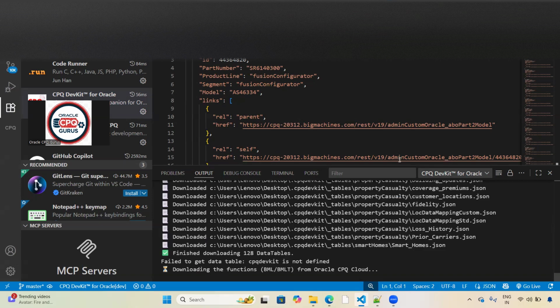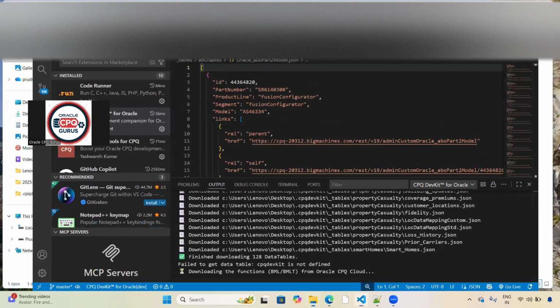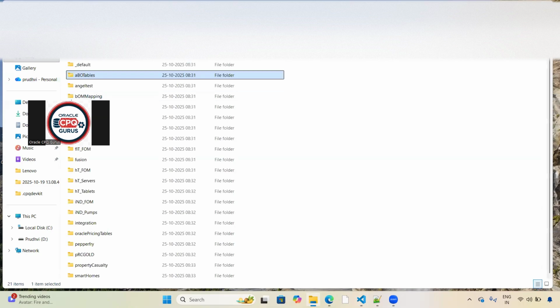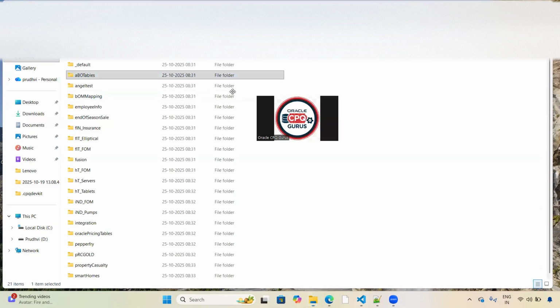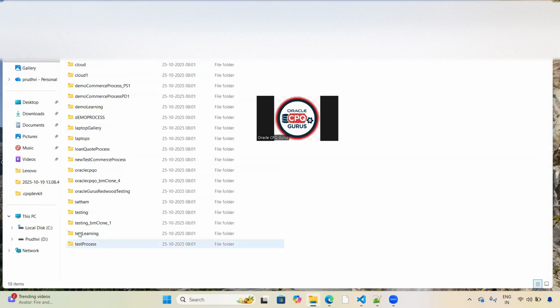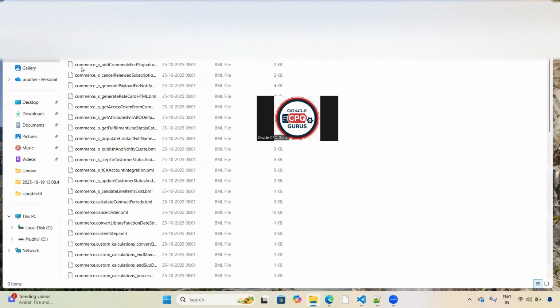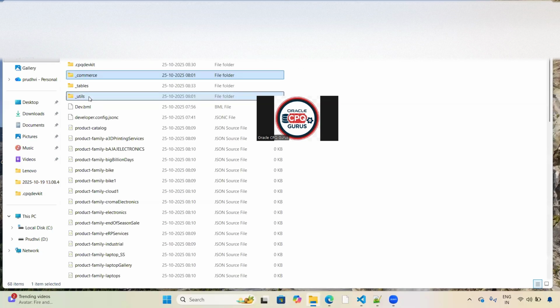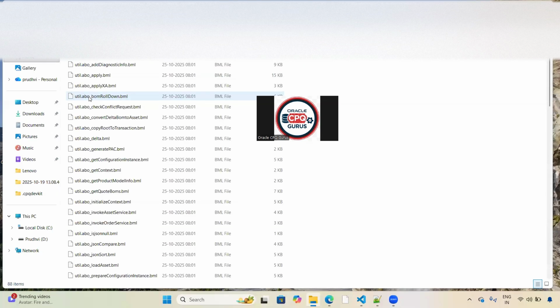This is taking some time. Let me show how it downloads. In the same way, I already downloaded. If you see here the commerce, in this way all the commerce processes and libraries will be downloaded, .bml, e-signature and everything. In the same way the util will also be downloaded. If you give Get All BML, it will download all the util files and commerce library files